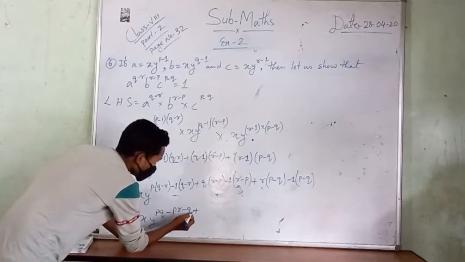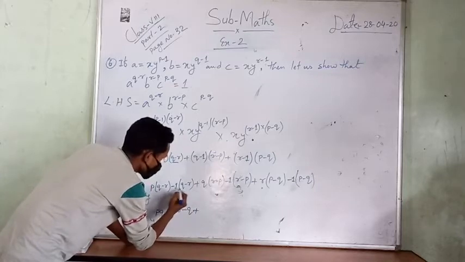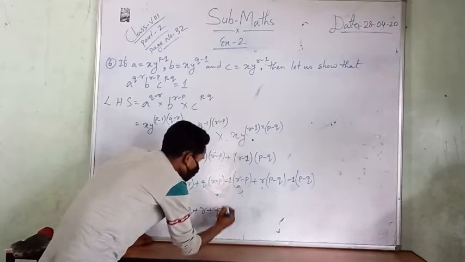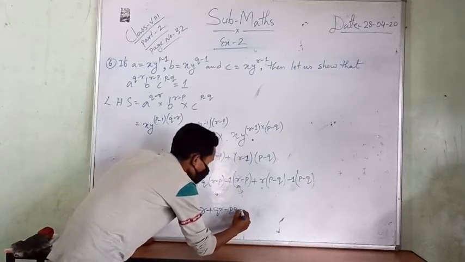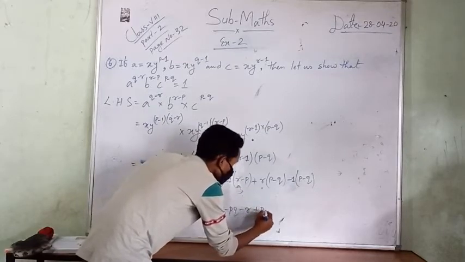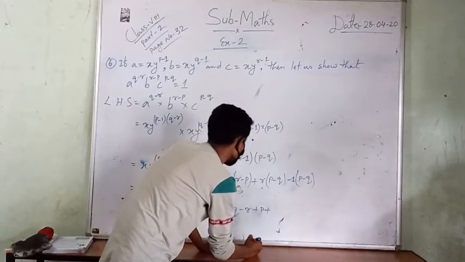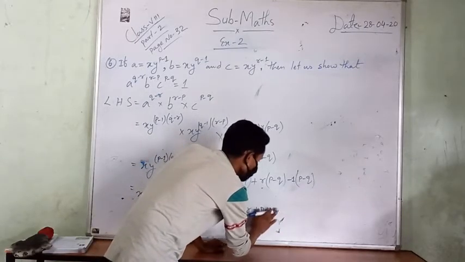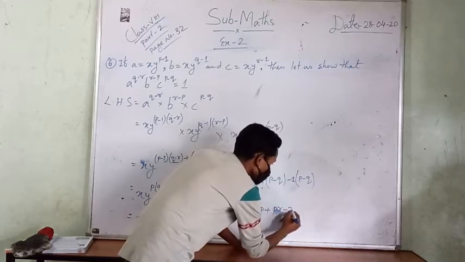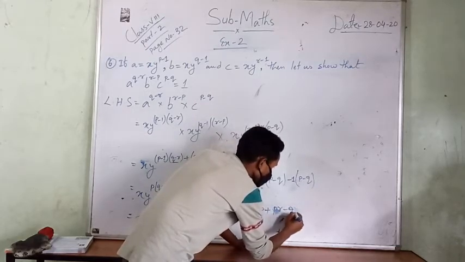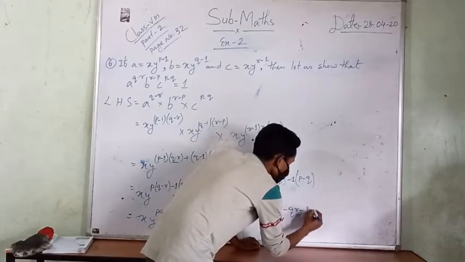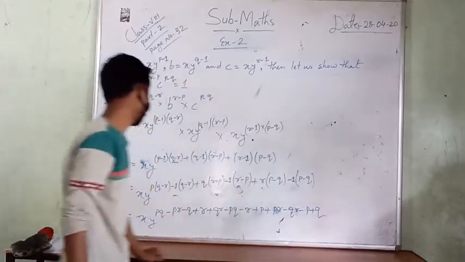Now 1 Q is Q, 1 R: minus into minus plus, then 1 R is R plus Q, QR, Q into R is QR, minus Q into P is PQ, minus 1 into R: minus into minus plus, 1 into P plus, R into P is PR, R into P is PR, minus R into Q is QR, minus 1 into P: minus into minus plus, 1 into Q. Now finished.